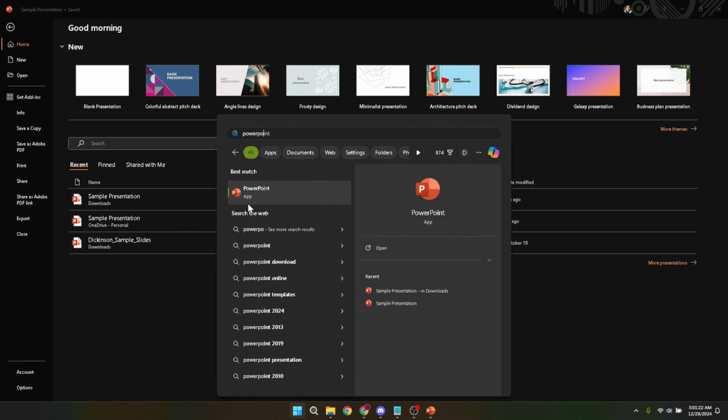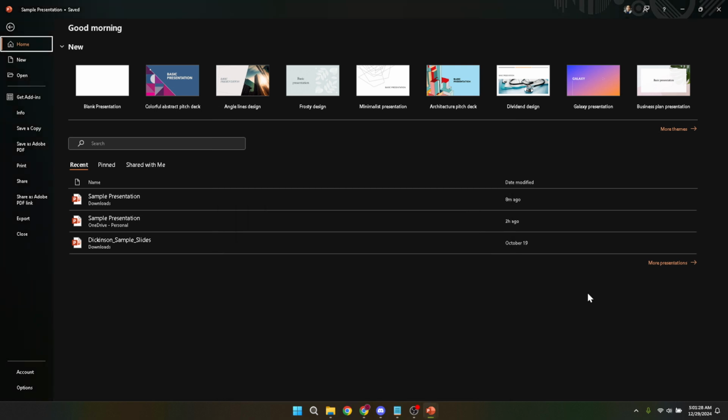Once you've got PowerPoint open, you'll need to access your presentation file. Do this from the opening screen by selecting the file you plan to present. If it's a new presentation, you'll need to spend some time creating your slides and adding necessary notes to each slide. Remember, these notes will be your cue cards during the presentation, so make sure they are clear and concise.